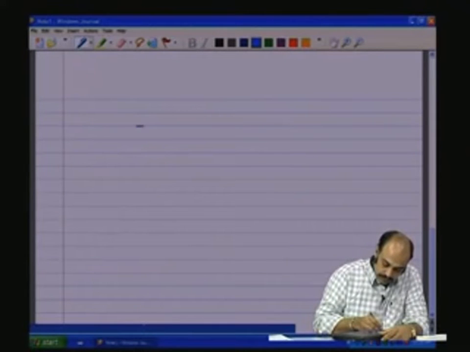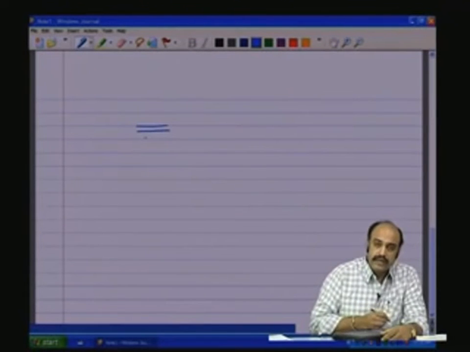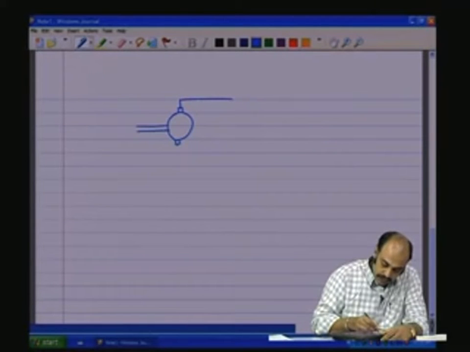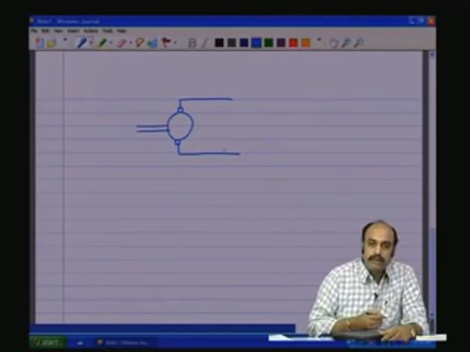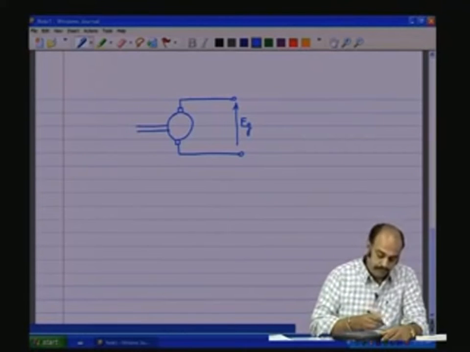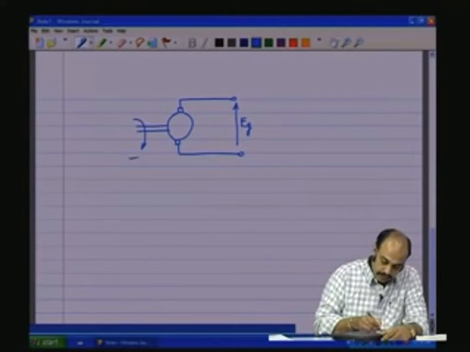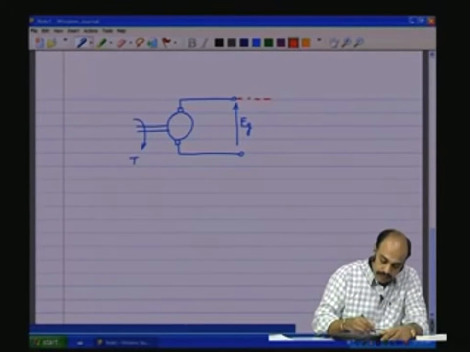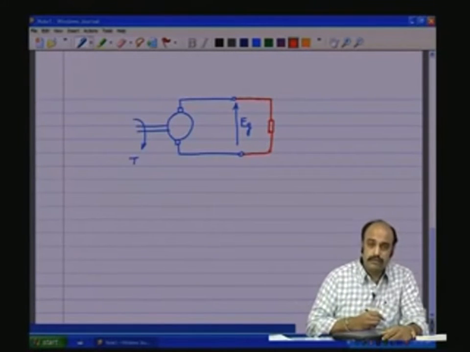We have the energy coming from the mechanical domain, goes into the magnetic domain, and then finally comes out through the electrical domain by means of the brushes, and this comes out as the induced voltage e.g. So, one is applying a torque here. Now, if one loads here,